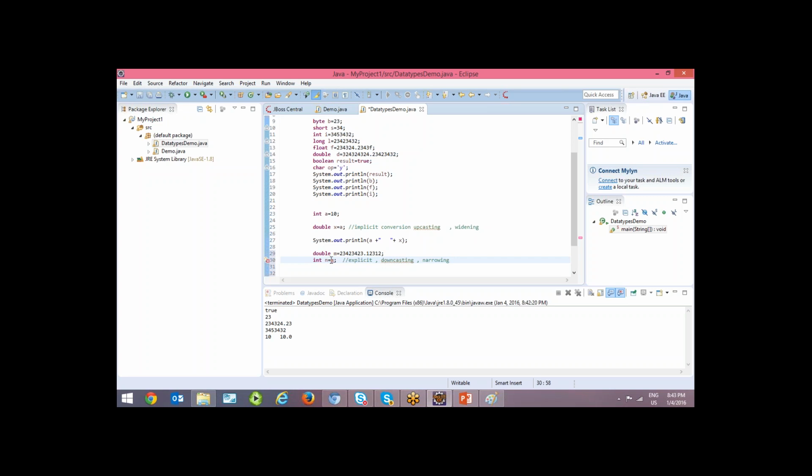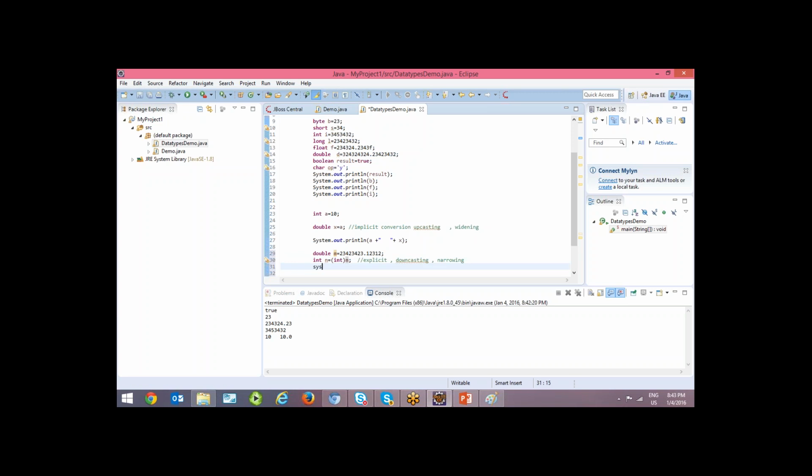Whenever it is explicit, you need to explicitly specify the type you are converting to, putting it in brackets. Then it will allow it. Otherwise, you get a red mark. When you remove this, it shows a red mark. When you specify it properly, it gets converted into integer. Now the double value is getting converted into integer.